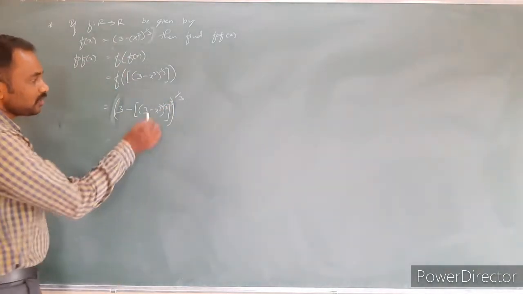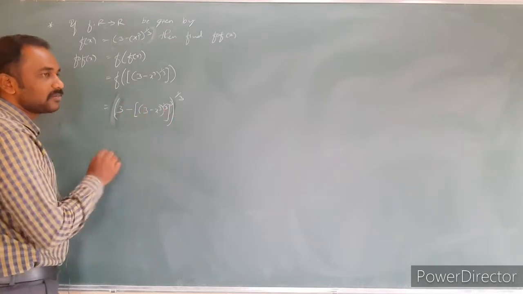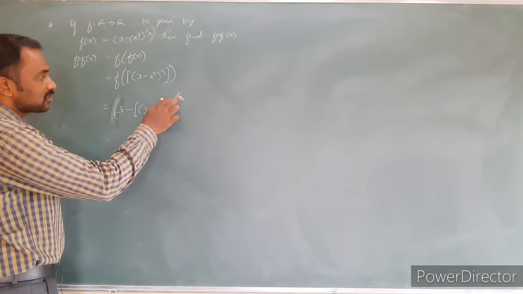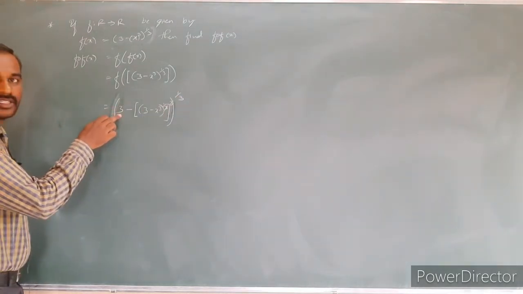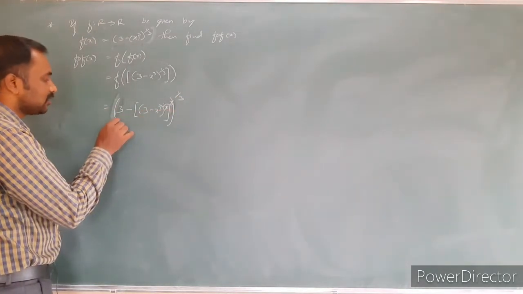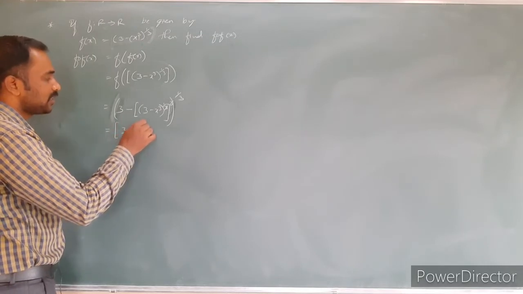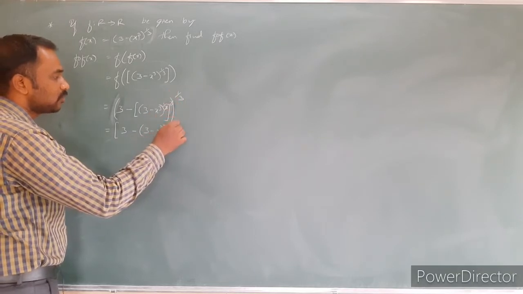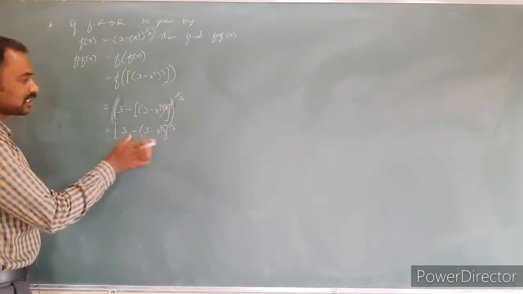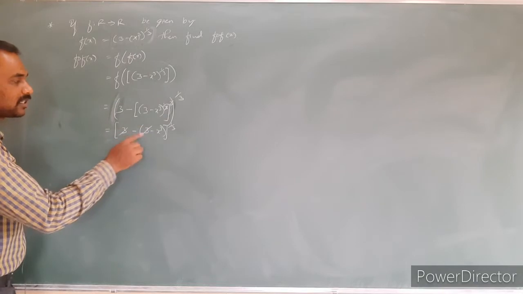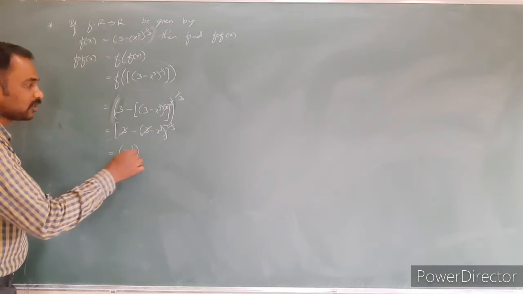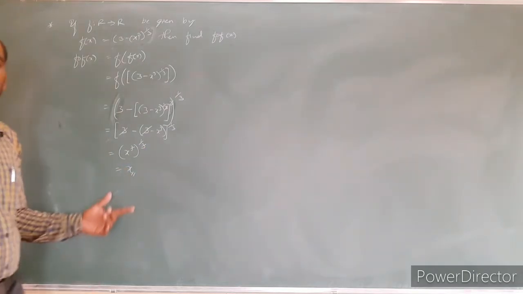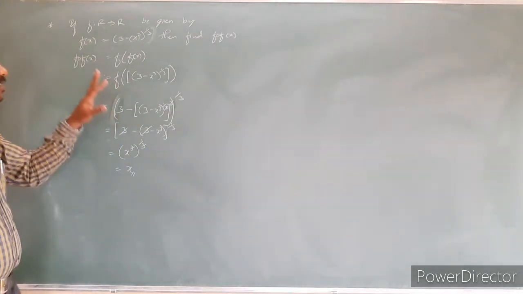Now here the whole power 1 by 3, that power 3. This 3 gets cancelled. Not this 3, because this 1 by 3 depends on this 3 also. Okay, now 3 gets cancelled. What is left? 3 is left, minus times of 3 minus x cube is left, and whole power 1 by 3 is left. Now inside the square bracket, plus 3 minus 3 gets cancelled, minus plus x cube whole power 1 by 3. 3 gets cancelled. Finally what is left? x is left. That's all. Very simple.